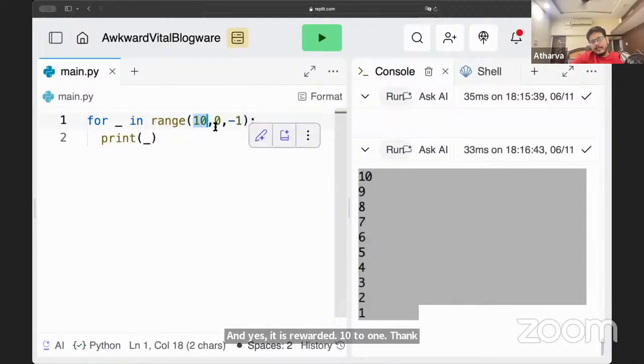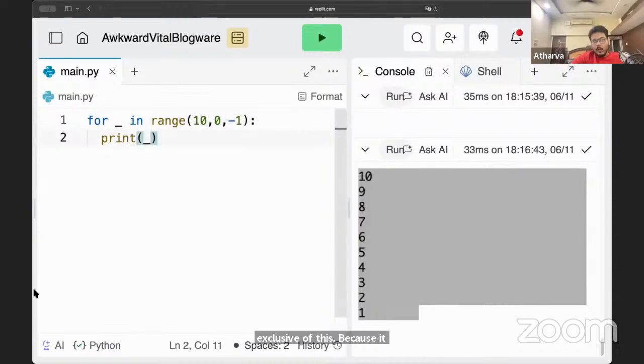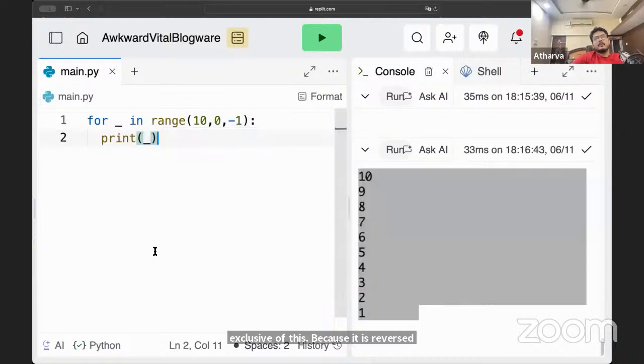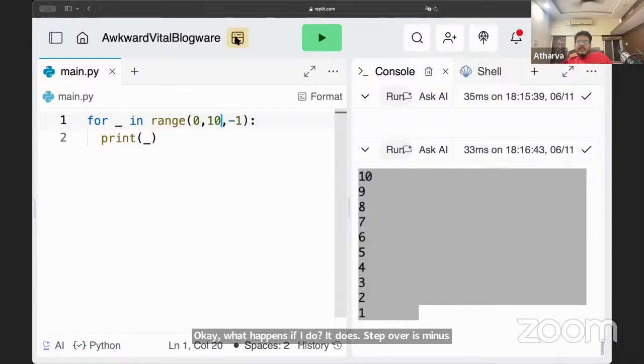Inclusive of this, exclusive of this. Because it is reversed. Okay. What happens if I do this? Because step over is -1. What happens here? What do we get here?